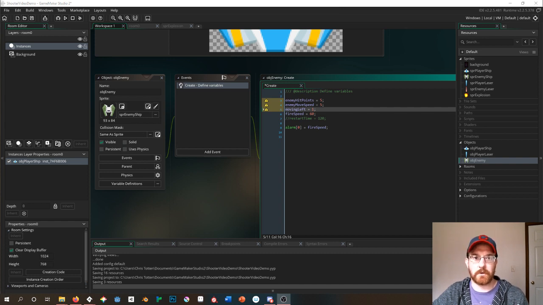You don't want your variable names to be something like variable 1, variable 2, because then it doesn't really help or describe what you're actually making. You want it to be descriptive of what that variable is going to run, what information it's going to be in control of. So moving left